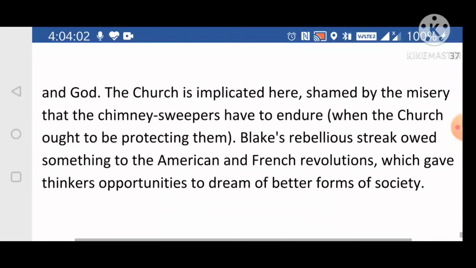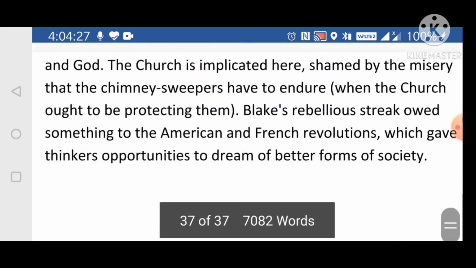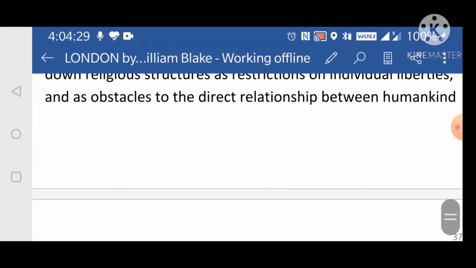The church is implicated here, shamed by the misery that the chimney sweepers have to endure when the church ought to be protecting them. Blake's rebellious streak owed something to the American and French revolutions, which gave thinkers opportunities to dream of better forms of society. With this, we come to an end of